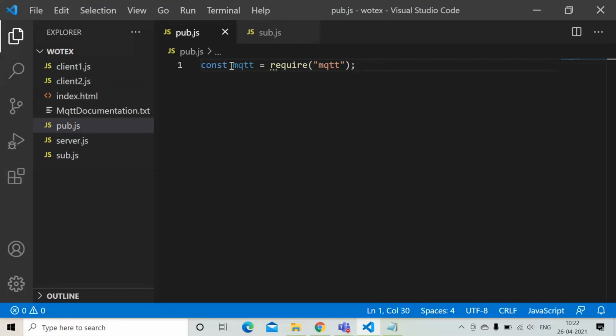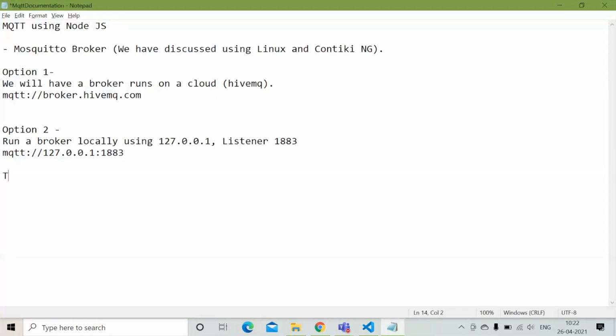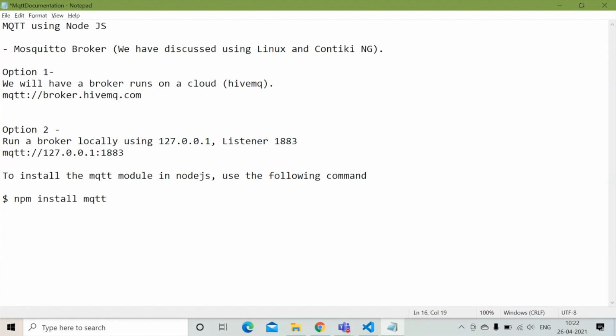Sometimes this will show an error. In that case, you can install the MQTT module in Node.js using the following command. If it is in Linux, at the prompt, npm install mqtt. This is a simple command.